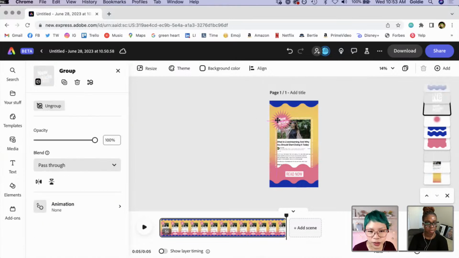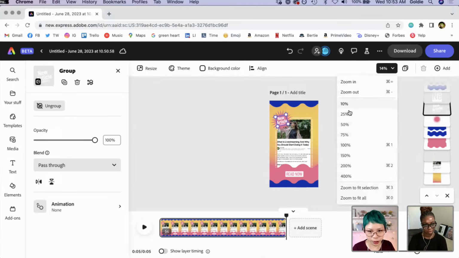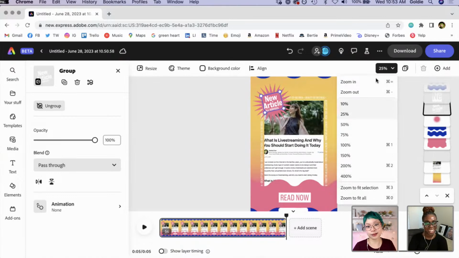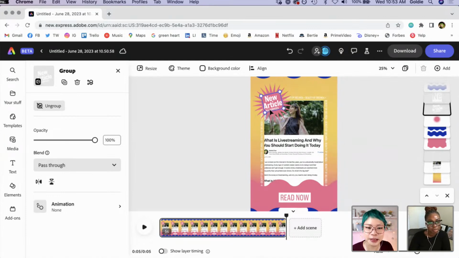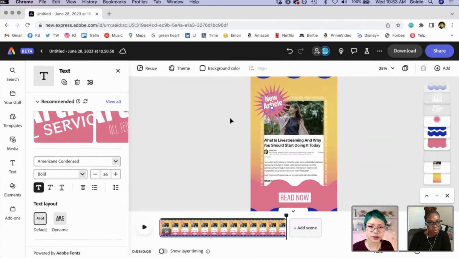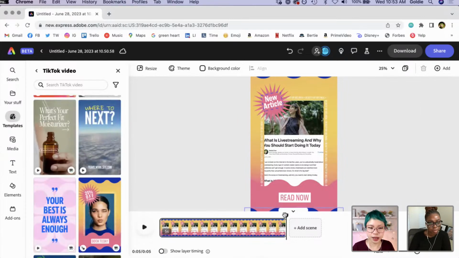And as you can see, what's so cool is we've basically already made, and I'm going to get in closer than 14%, because once again, I can't even see what I'm doing. Sometimes it's nice to be able to see everything all at once. And then sometimes it's nice to not have to get close. I'm going to delete that. So as we can see, we're going to edit some more of this, but already, literally, we changed this template about beauty into a template about a blog, which upgrade, downgrade, who knows, but is going to be so helpful for you promoting your business.